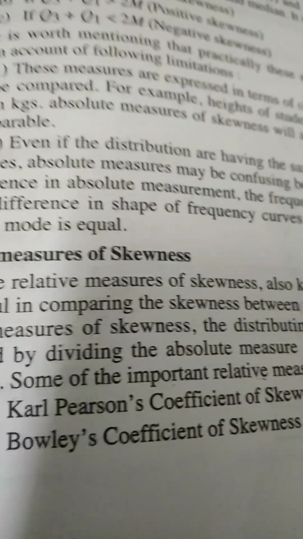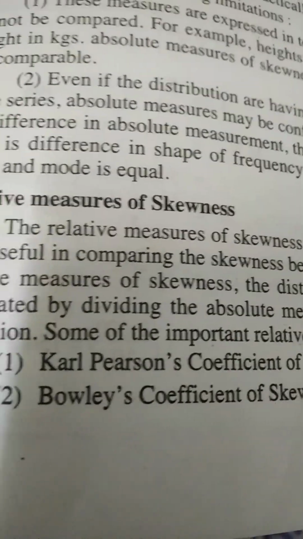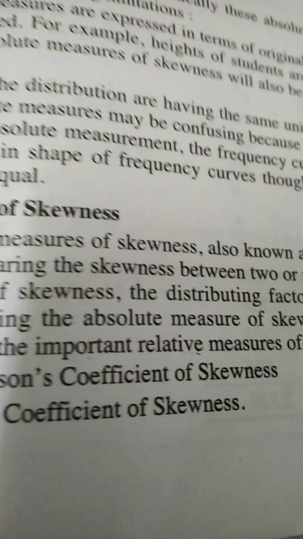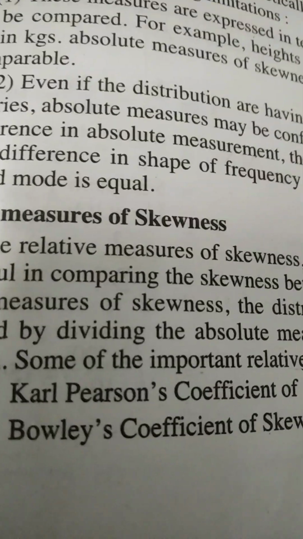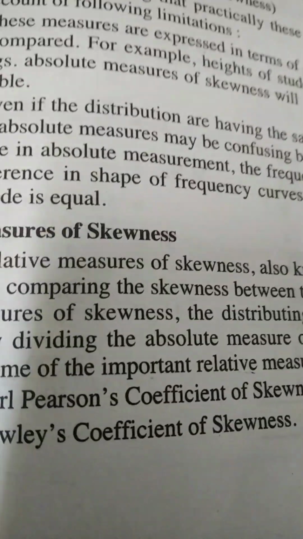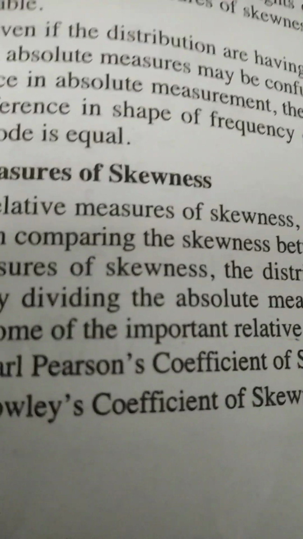two statisticians. They were Karl Pearson and Bowley. Karl Pearson's coefficient of skewness and Bowley's coefficient of skewness. Karl Pearson's is known as the first measure, and Bowley's is known as the second measure